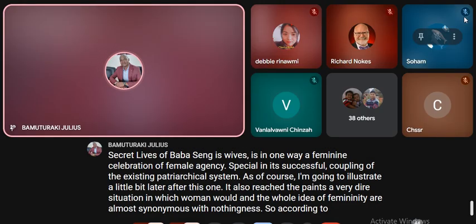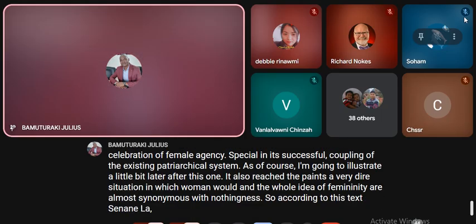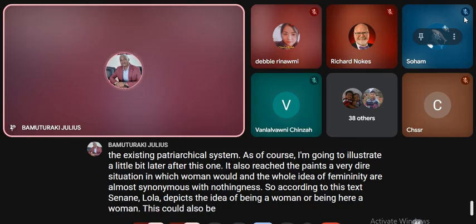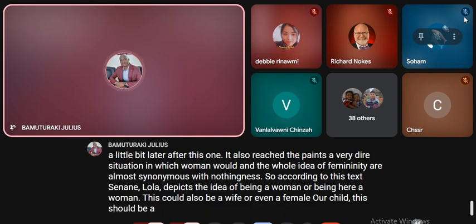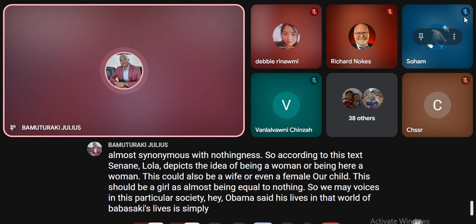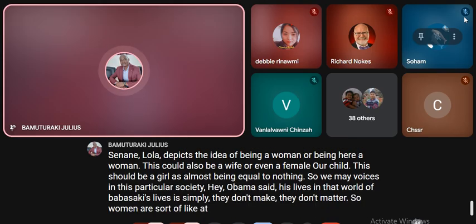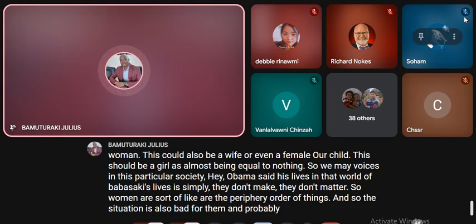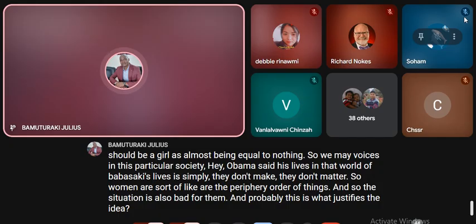So according to this text, Shoneyin depicts the idea of being a woman, which could also be a wife, or even a female child, a girl, as almost being equal to nothing. So women's voices in that world of Baba Segi's household simply don't matter. Women are at the periphery of the order of things. And so the situation is also bad for them. And probably this is what justifies the idea that these women should actually come up and topple this very oppressive